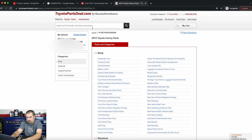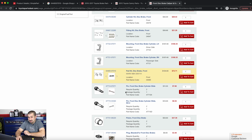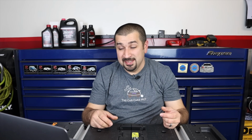Let's write our PNC 04465. Here's that pad, and notice the price. $72.71. Now, we're talking about $3-4 here. You can actually, and in most cases, and most people don't realize this, not from Toyota Parts Deal, but from